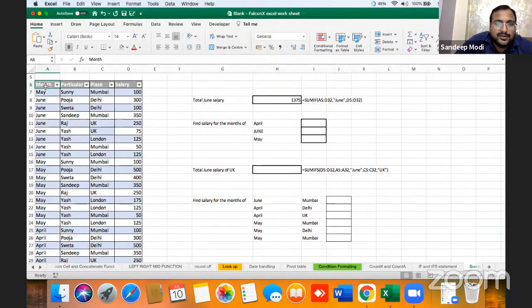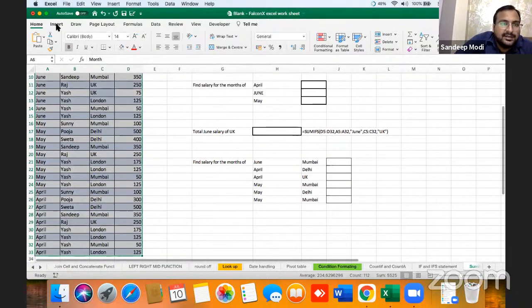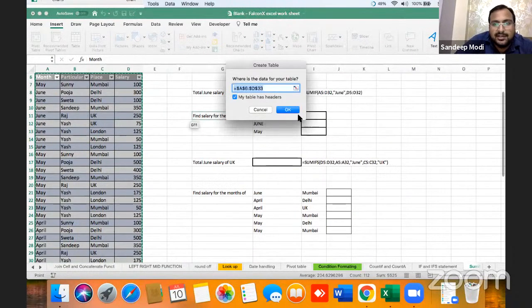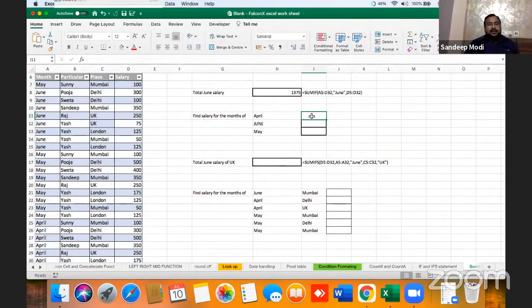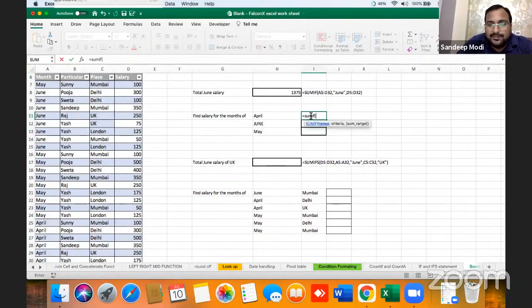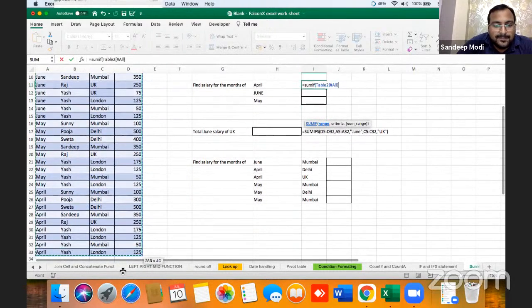So instead of putting dollar sign and changing the formula, again I'm selecting the data, insert table, and that's it. My data is now in a table. Now I will put SUMIF statement. SUMIF. This is my range, the data table.